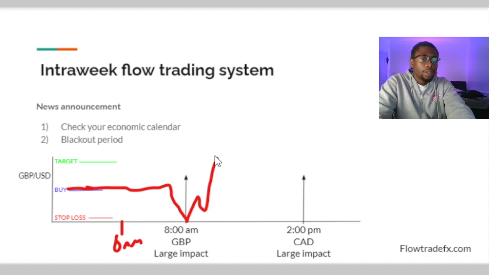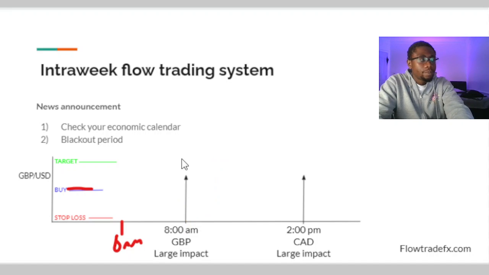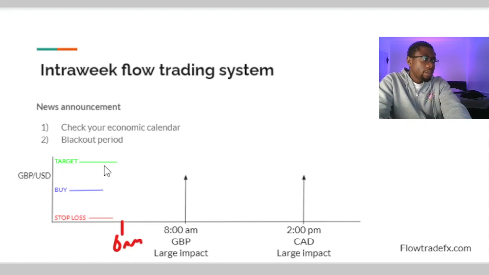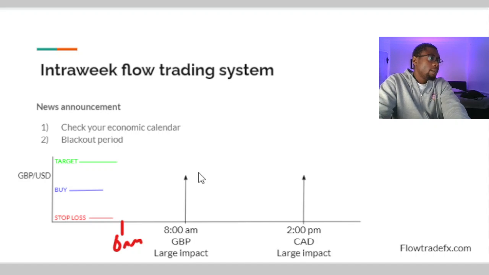You'll see this happen very often if you are trading within the news boundaries, or it can happen where it happens in your favor, where of course price booms to your target first and then ultimately drops down into this stop loss area. But luckily for you, in that hypothetical example, you would have been out of the market because price already boomed and touched the top before dropping through the bottom. But at any rate, you can see how the blackout period can be a bit of a gamble and less of a probable